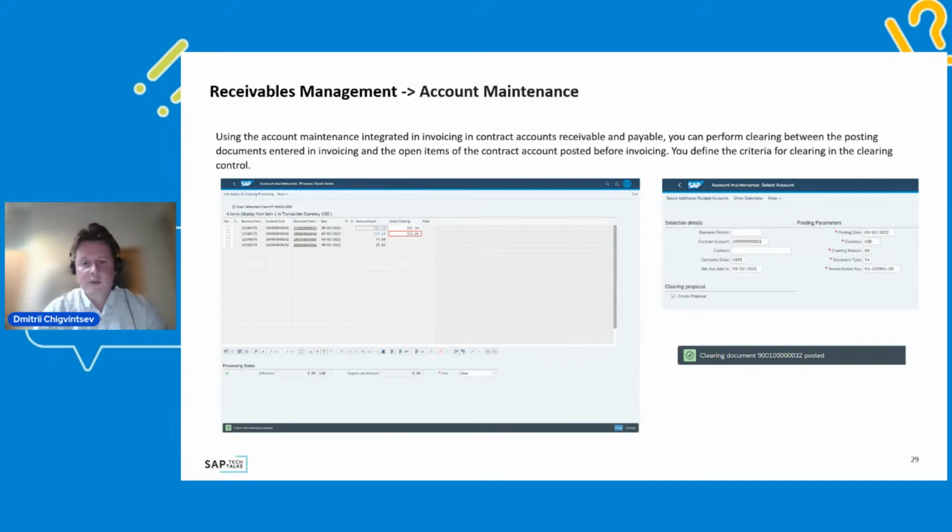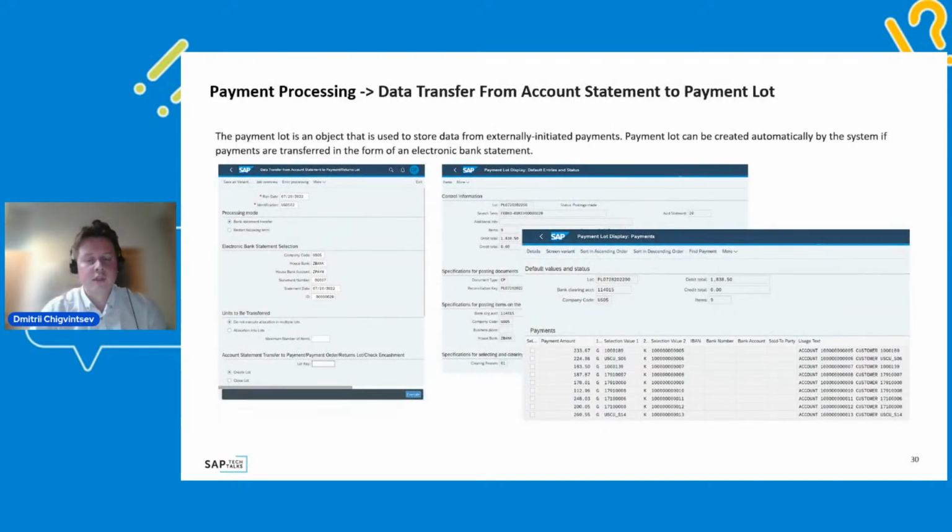This automation is also very important because if you talk about BRIM, and in particular about contract accounting, we talk about very large companies who have a large number of payments, and it's just not possible to do all of this reconciliation of invoices with payments manually. So we should do this automatically, and this match rate should be as high as possible. Another functionality